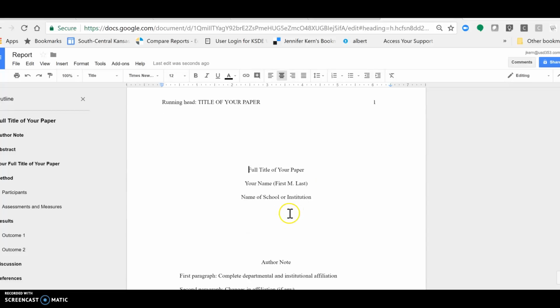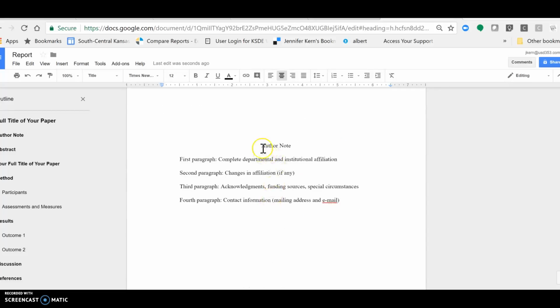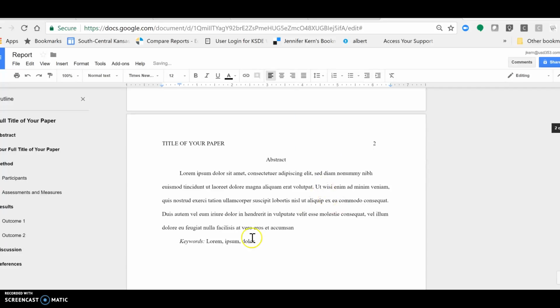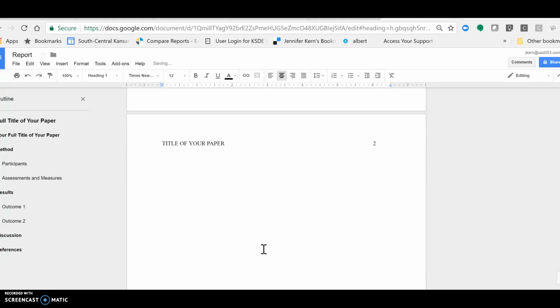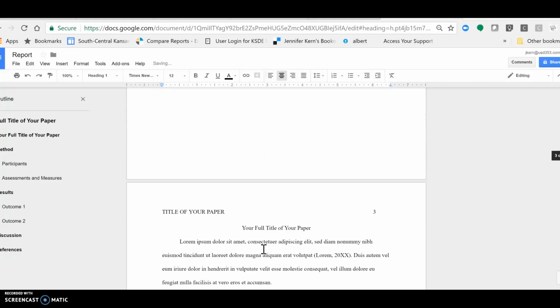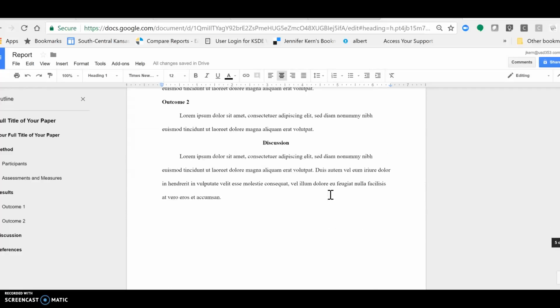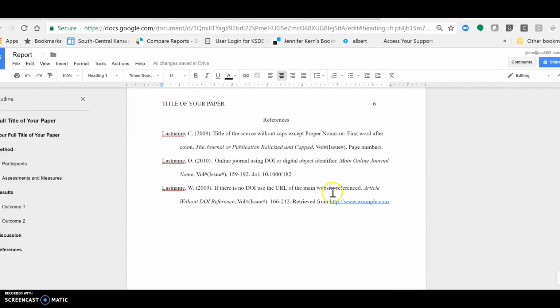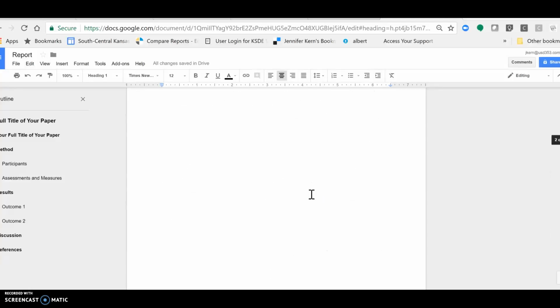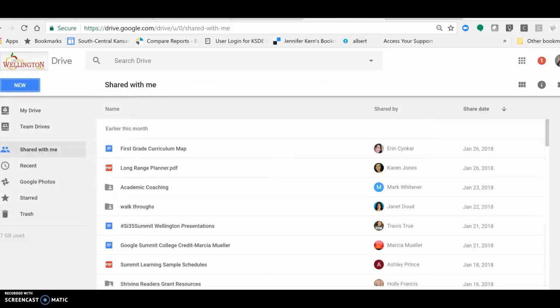Then you have your cover page. You don't really need to use this part. And then you don't really need an abstract to your paper. You can start that way, and I love how this also has the hanging indent already done for you on the reference page. So you could use a template like this,